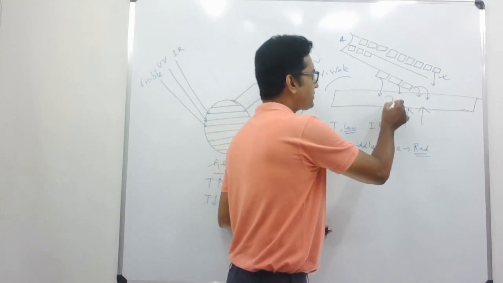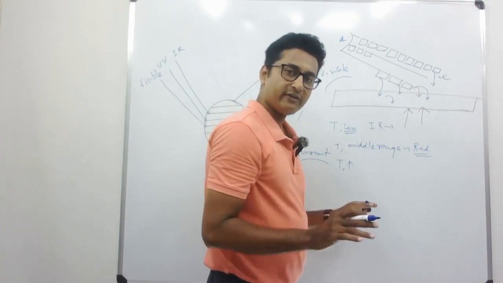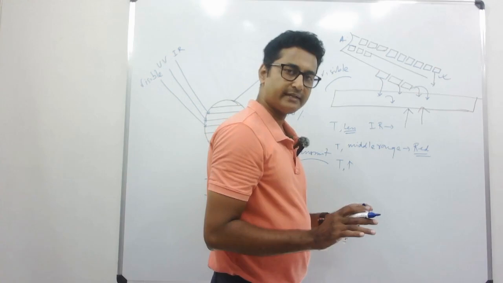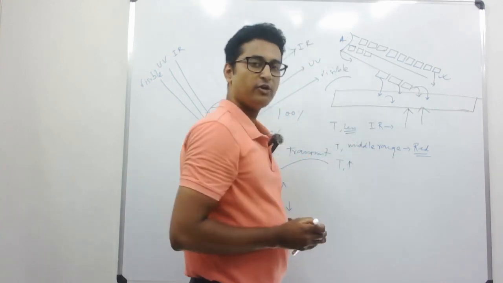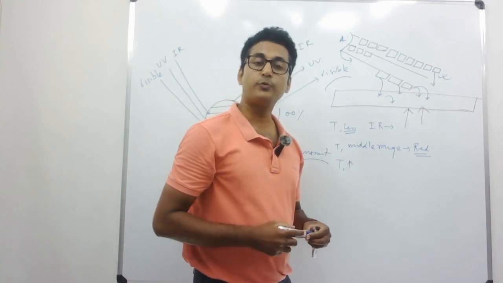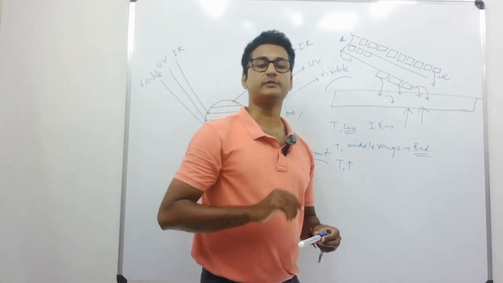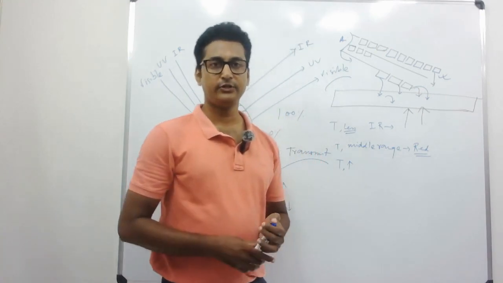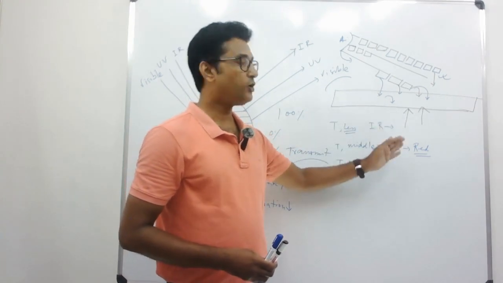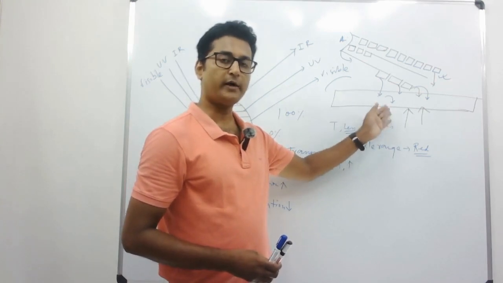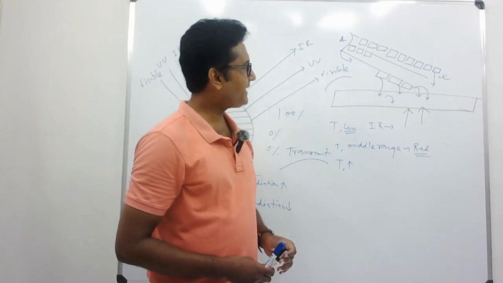So the absorption of energy on any surface, on any substance, or the emission of energy from any source would be in a discrete manner, not in a continuous manner, right? This is the concept which we received from Max Planck's quantum theory, and he